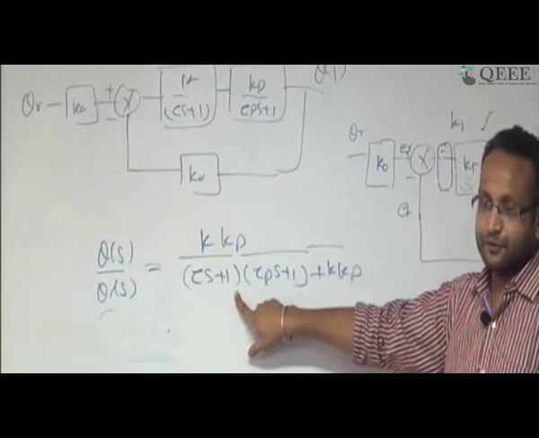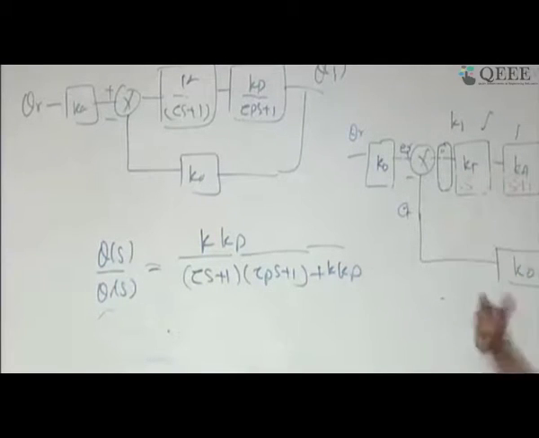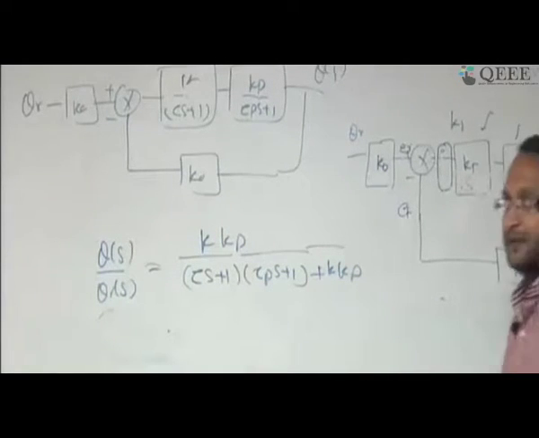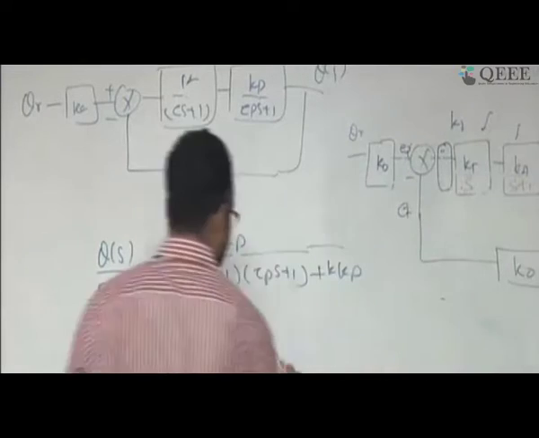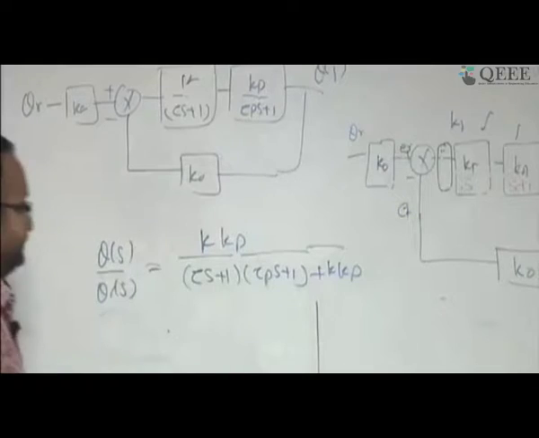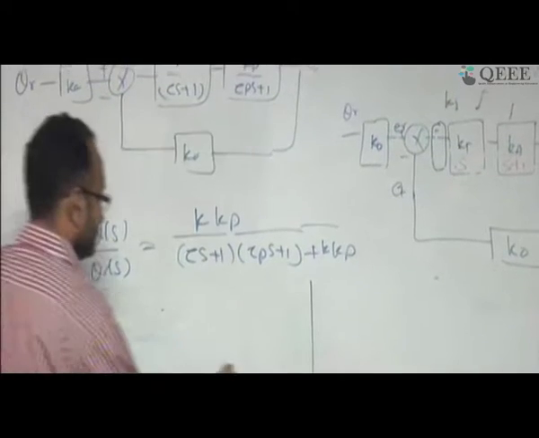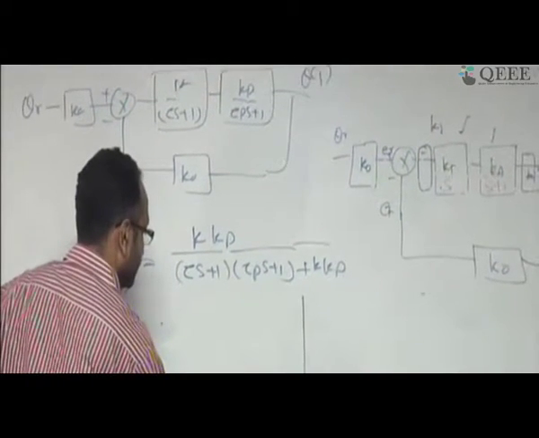Look at now, this is the denominator part, and this system is going to be a second order system. So you look at what we have considered, the order of the system has increased. Since the order of the system has increased, now look at how the poles of the system are going to be. So think about it, when